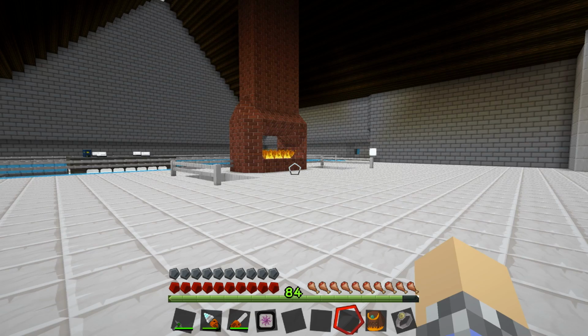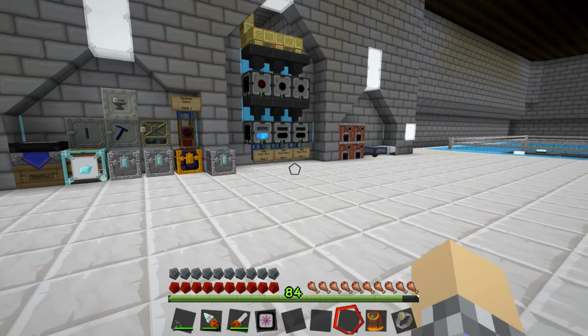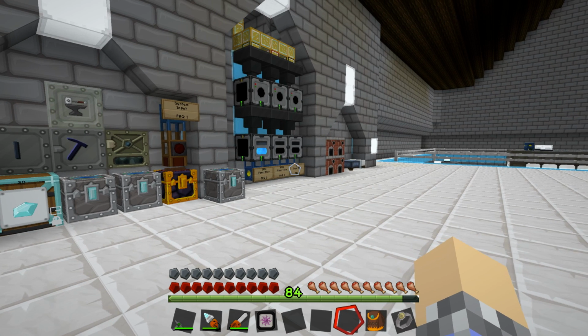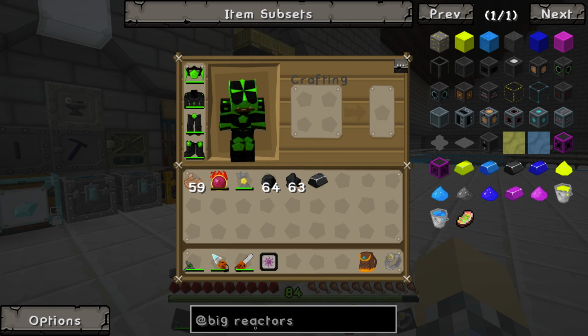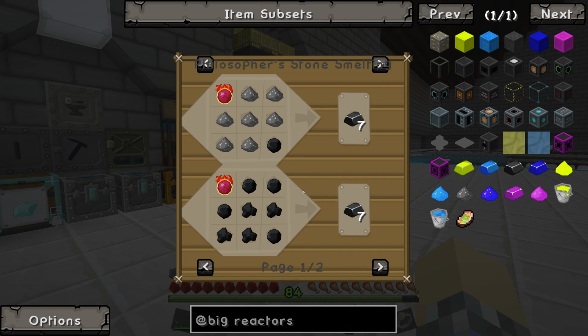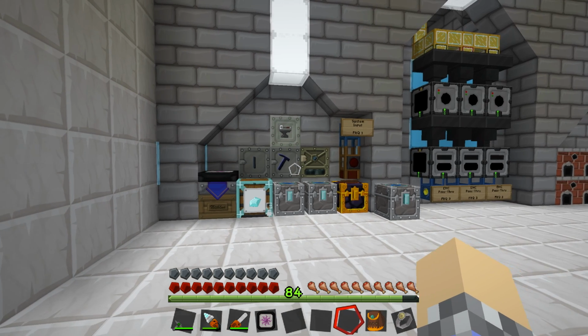Today, we are building a reactor. Not a big one. Just a little reactor to kind of test the water. And the first place we're going to have to start is, I've typed in Big Reactors. I've taken a look at all these recipes. They want graphite. It doesn't really explain how to get graphite that well, but from what I've gathered, I did